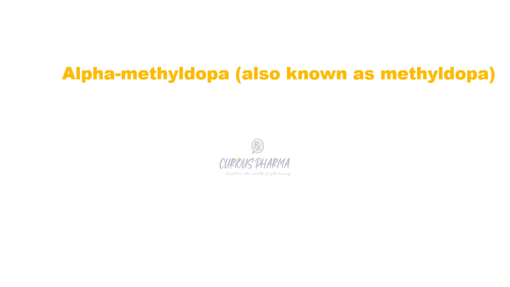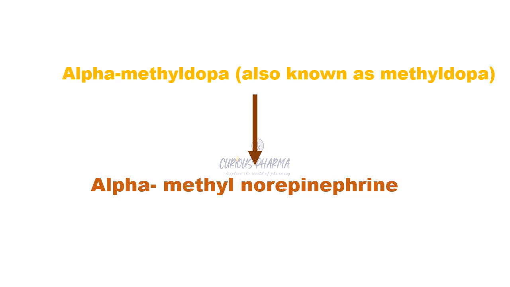Now here comes alpha methyldopa, also known as methyldopa, an antihypertensive medication that is used to treat high blood pressure. Alpha methyldopa is a prodrug, which means that it is activated to its active form within the body. The active form of alpha methyldopa is alpha methylnorepinephrine, which is an analog of the neurotransmitter